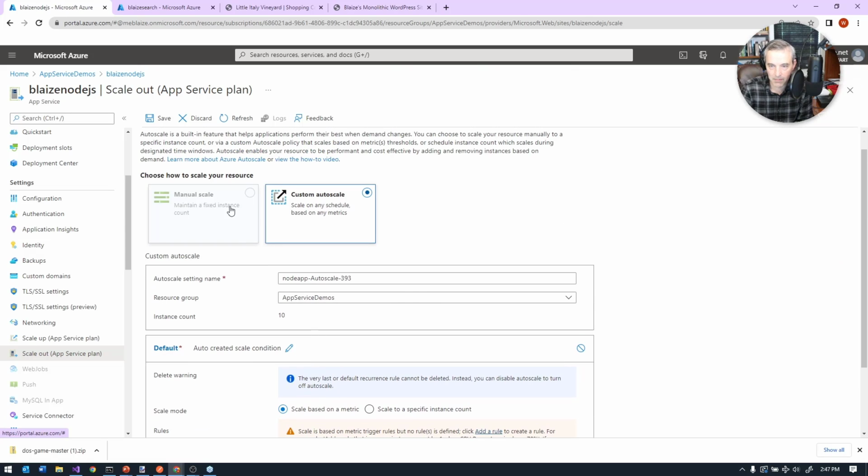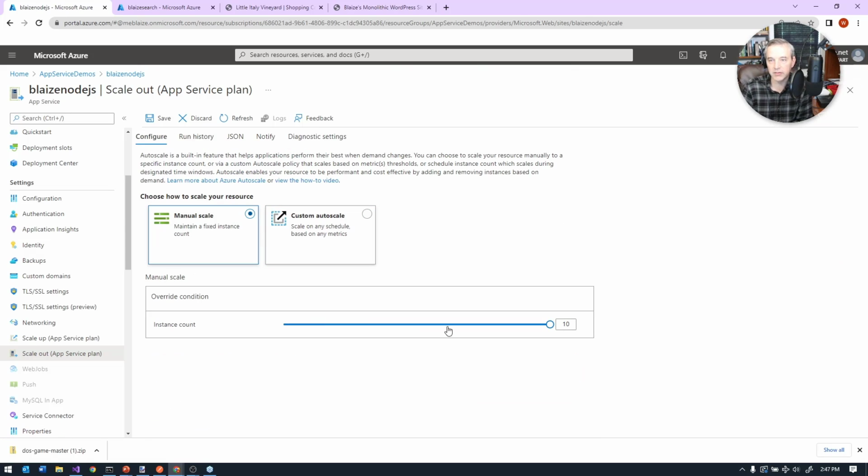I currently have it on a manual scale, just using 10 instances. I wanted to do it this way because this will allow me to show you that it actually is doing a load balancing configuration across the application. So